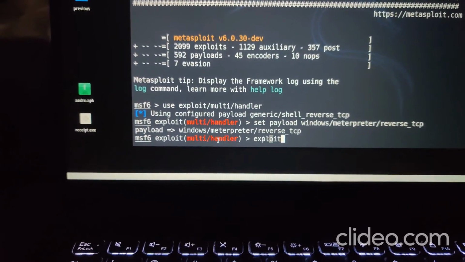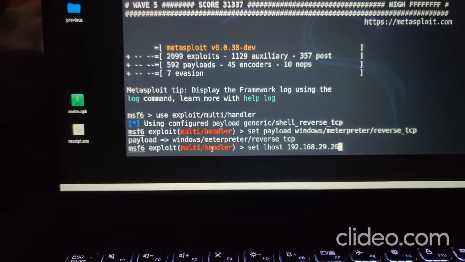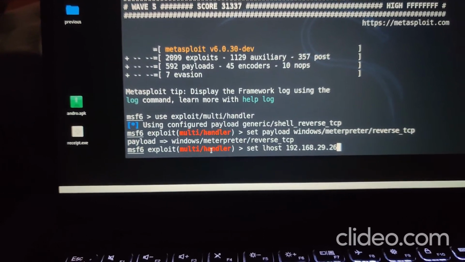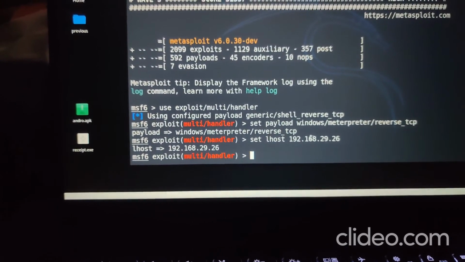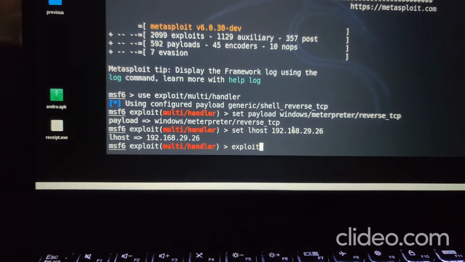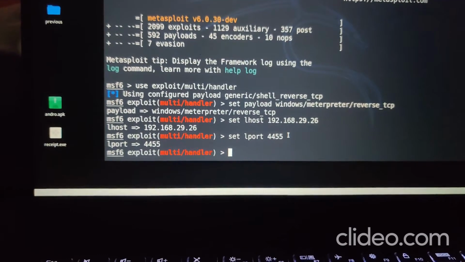Now we are going to set our host, which was the host that we set up while creating the payload. On this IP address only we are going to do the reverse TCP attack. Now we are going to set our LPORT, which is 4455.